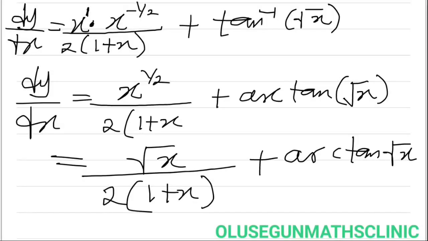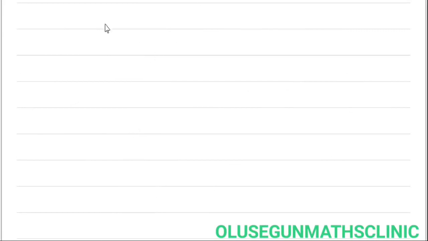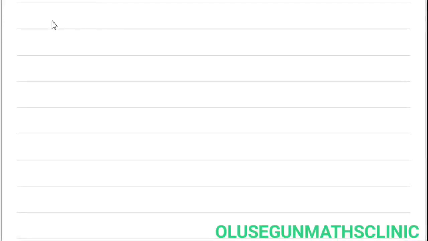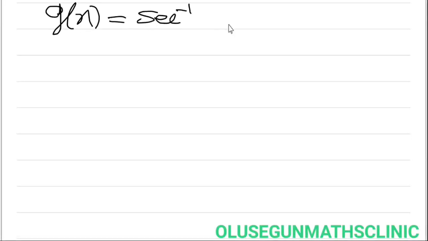So let's also have another example. Maybe we were given a question like, you said the g of x is arc sec x squared. So if you are to find the derivative of g of x,